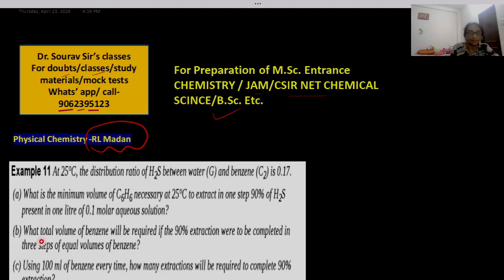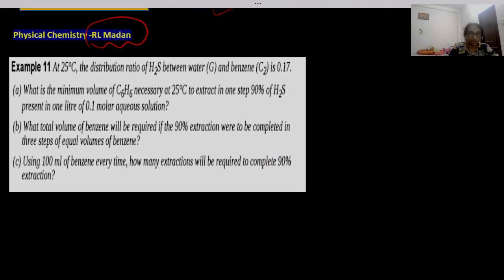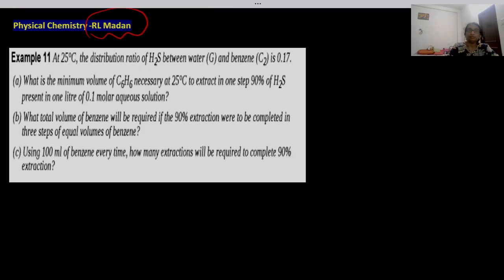And the second task is: what total volume of benzene will be required if the 90% extraction were to be completed in 3 steps of equal volume of benzene. And third is, using 100 ml of benzene every time, how many extractions will be required to complete 90% extraction. तो क्वेश्चन में 3 प्रॉब्लम्स हैं जो कि हमको सॉल्व करनी है. तो फर्स्ट वी विल ट्राई टू अंडरस्टैंड द कॉन्सेप्ट ऑफ दिस